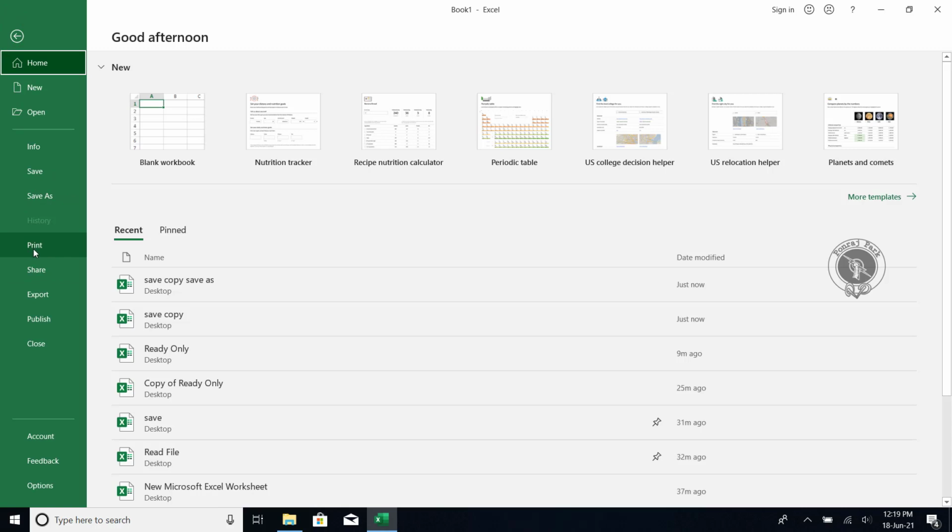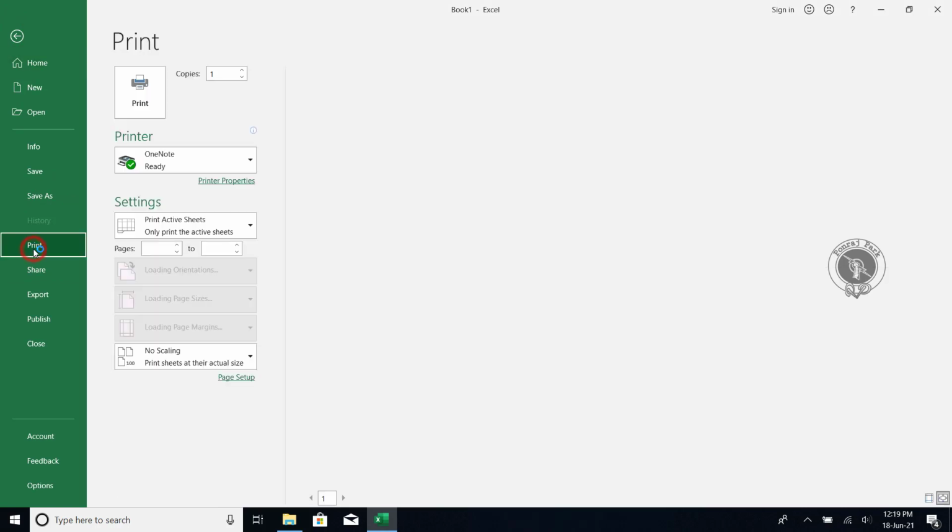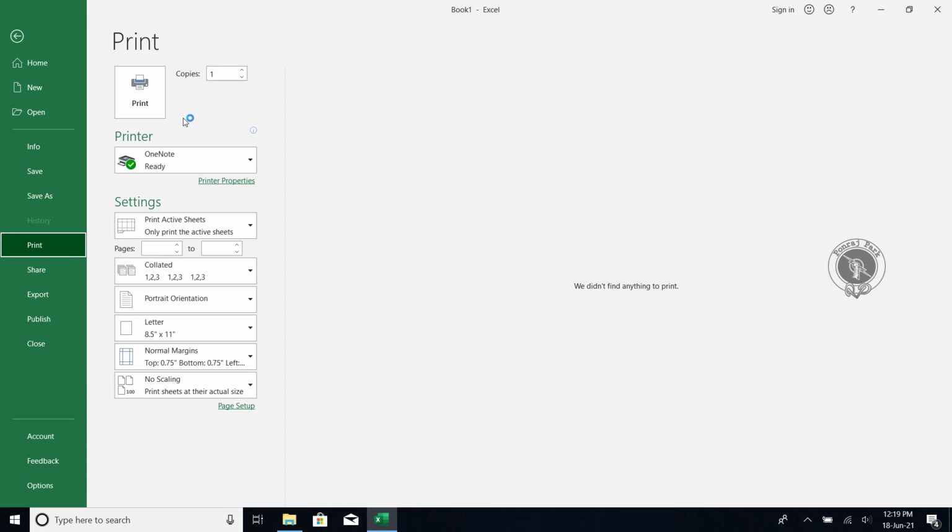And now we will move on to the print section. This is also an important section. So in this